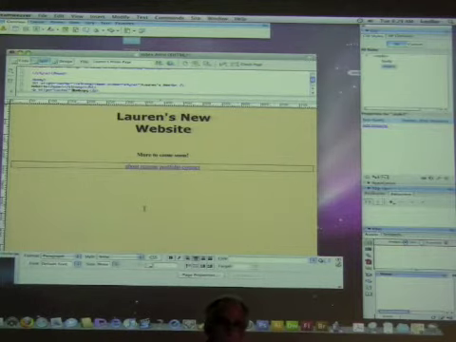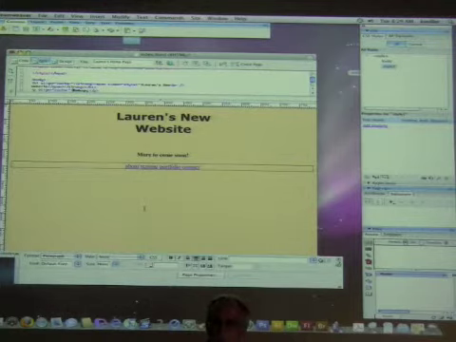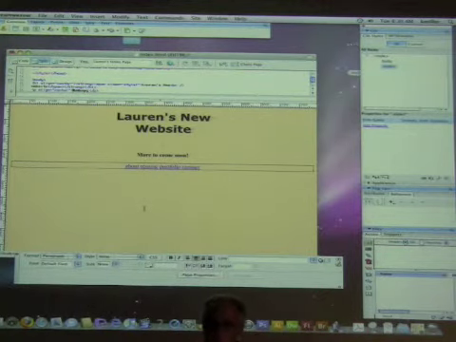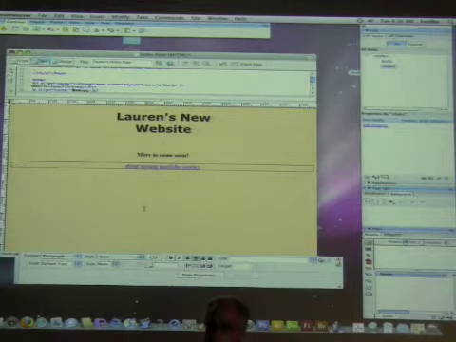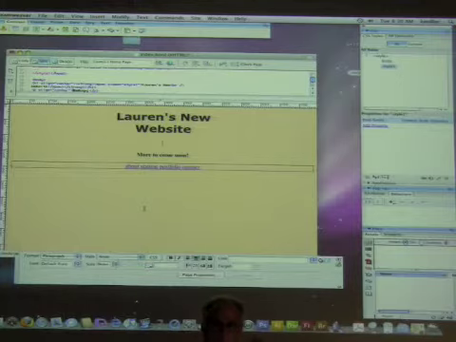But where the real use of them comes into play is for people who have disabilities, who don't see well, and they have a reader that reads the page to them when they go to a particular website. And if you have an H1 tag or a heading 1, it will emphasize that text differently than an H3 tag. So they will be able to hear